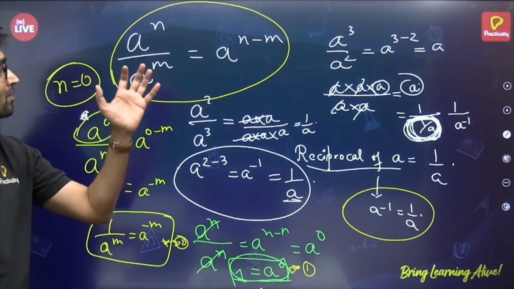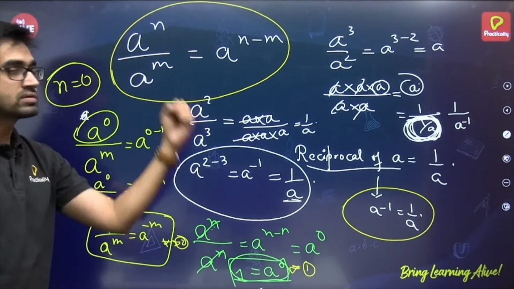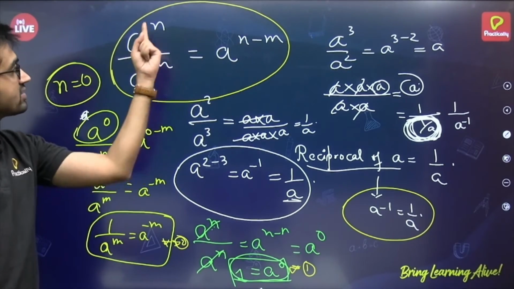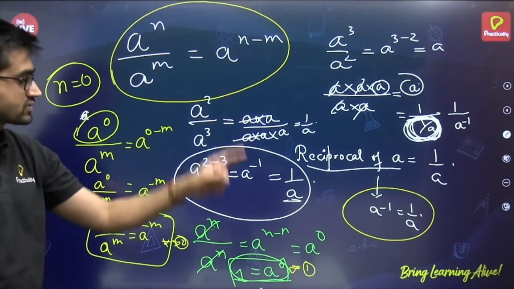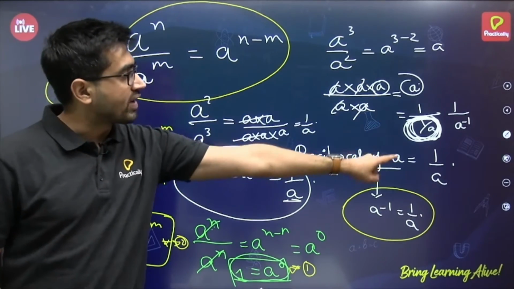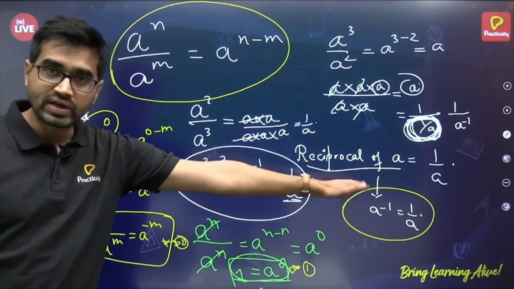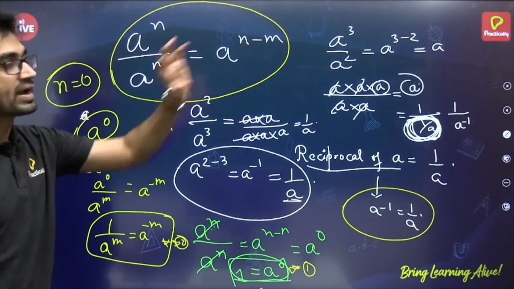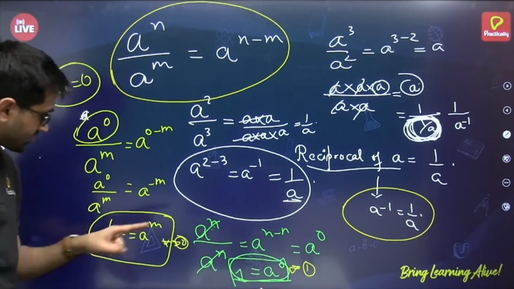Again, remember, simple. Recalling N, M. If I take both N, both same, I get this subtracted 0, and this will become division, same number divided by same number, 1 only. So this will become 1. That's why A to the power 0 is 1. I told you that any number you divide, you can always say the reciprocal of A is 1 by A. Now I wanted you to understand this. So let's put N as 0. The moment you put N as 0, this will become minus M. This will become positive M. A to the power 0 will become 1 because we know it.